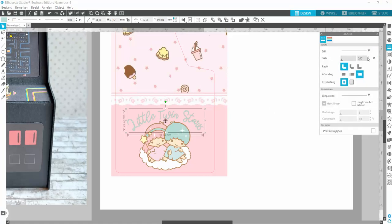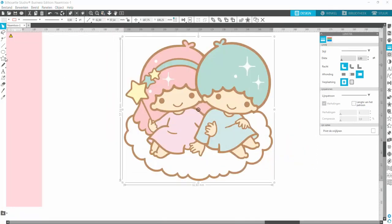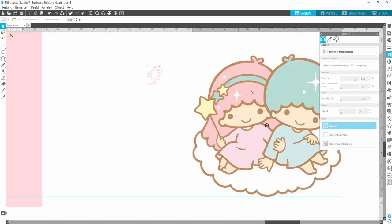If you want them to have a rim around it that has a thicker layer, it's also possible. And then you can make it bigger, smaller, you can add stars to it. So if you want, for instance, one of these stars, what you do is you copy your image, and I hope it will allow me to do this. I'm going to trace the star because I want to have the same kind of star. Trace the inner line, trace, so